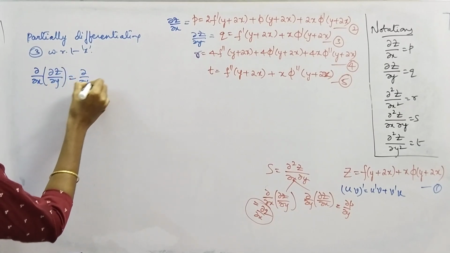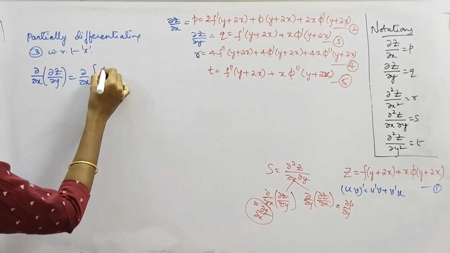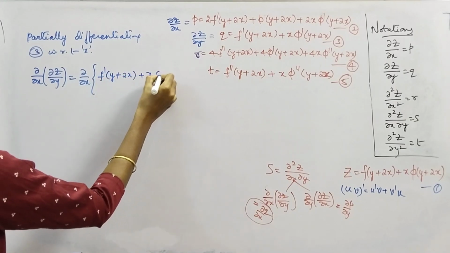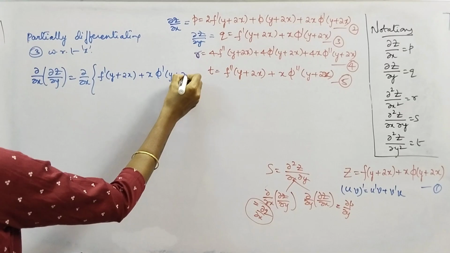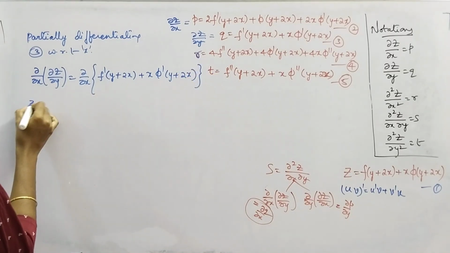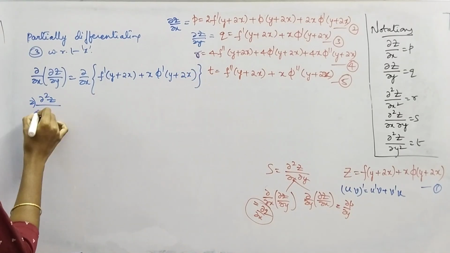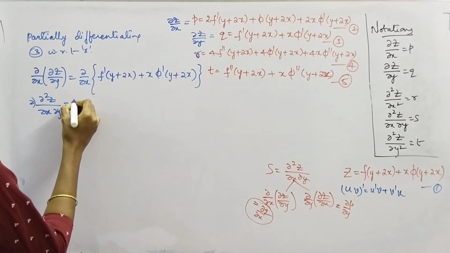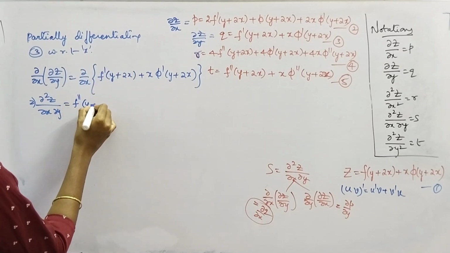Equal to ∂/∂x of the RHS, part of 3: f' plus x φ'. This gives us ∂²z/∂x∂y equal to the partial derivative of f' with respect to x, which is f'' of (y + 2x)